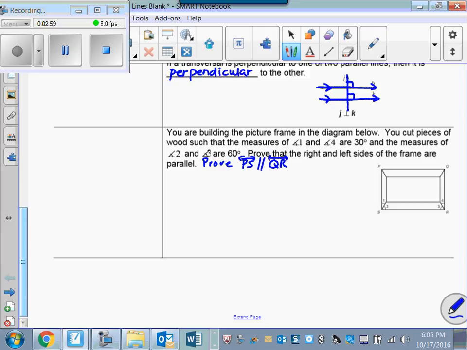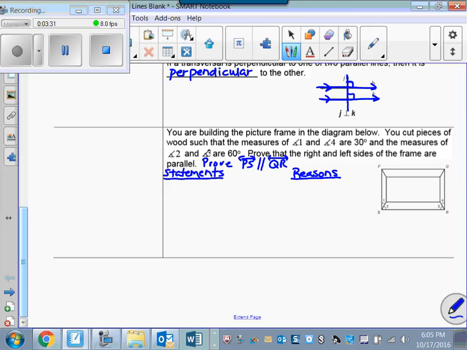And how am I going to do that? Well, I could actually use one of these theorems above. I don't have to use one of the converses, so sorry, I take that back. What I'm thinking is I'm going to use one of these 3 theorems that I just told you about. So let's just start, and I'm probably going to run out of room here, so I hope you have some room at the bottom of your paper as well. So my statements, my reasons,